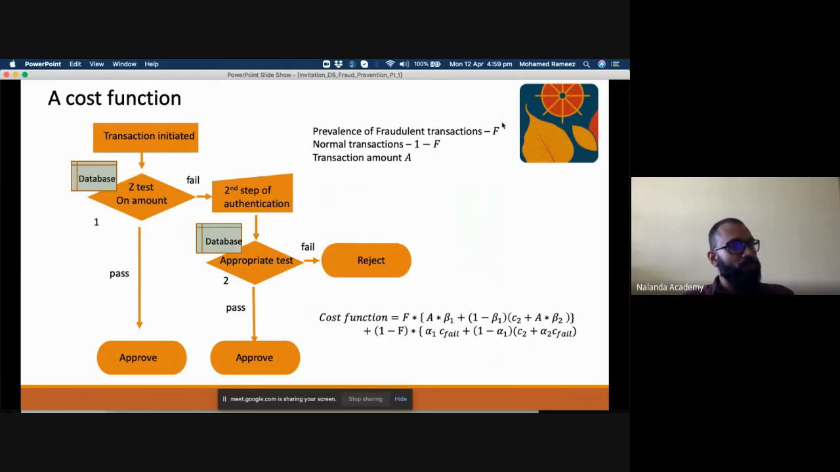You have 2 numbers, which you can think of as analogous to Subodh's example of the actual prevalence of infections among the population. Here is the prevalence of fraudulent transactions, which you can call F. So if it is 0.05, it means 5% of all transactions are fraudulent. If it is 0.2, it means 20% of all transactions are fraudulent. Normal transactions are then the remaining, which is 95% or 80% in the other case. So it is 0.95 or 0.8. You have the total amount for a transaction, which is the transaction amount. And now you can write down the 2 types of